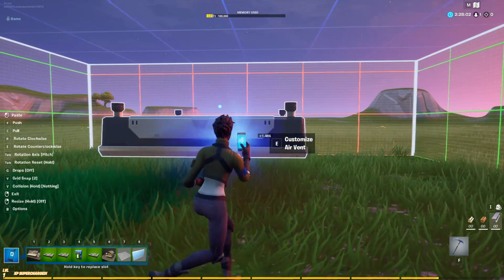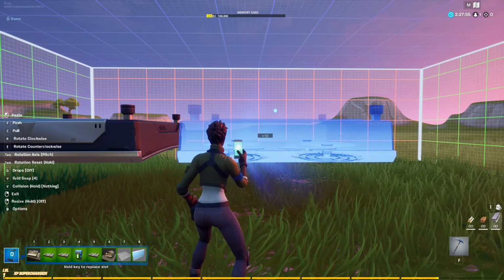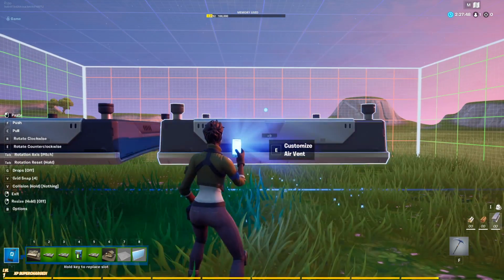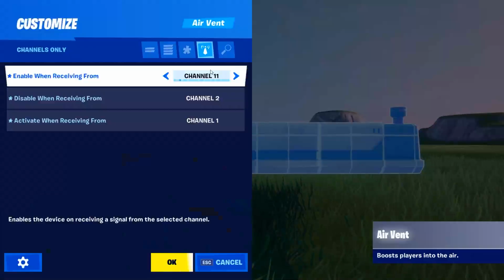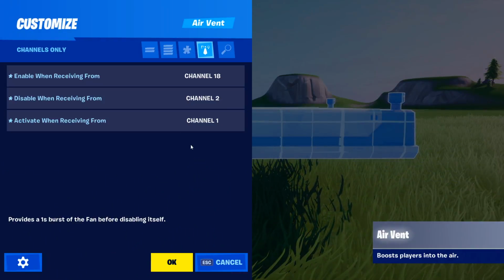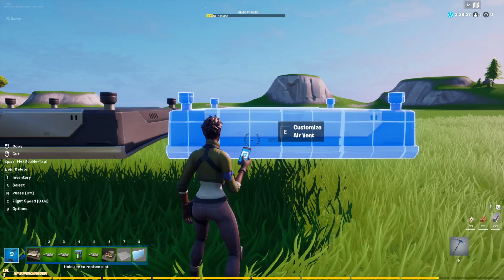So basically we need to duplicate this. Let me turn to a different grid snap, but we just duplicate this and then keep upping the enable when receiving from channel. So we're going to change this to channel 4, and we're going to keep doing this until we get to 18. Okay guys, we are now on channel 18, which means that we have placed 16 of these,